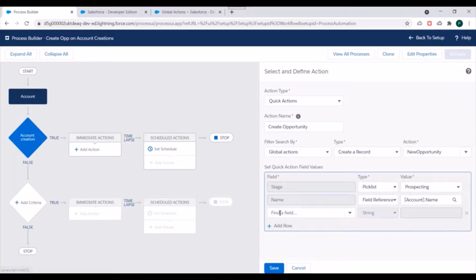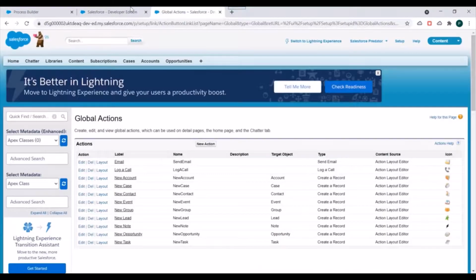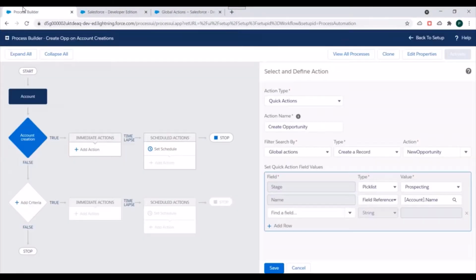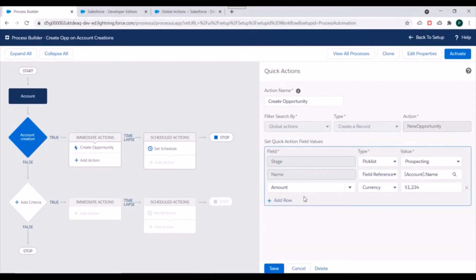We can add other fields from the layout. So we have the amount field. We can search for the amount field, and here we'll specify 1234 as a test value. Next we need to specify the account ID on the opportunity.